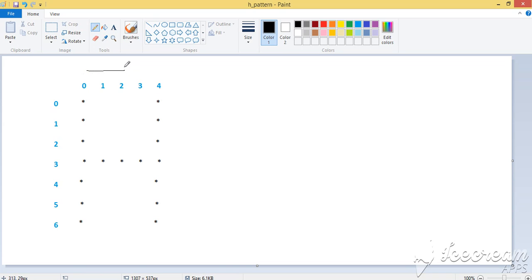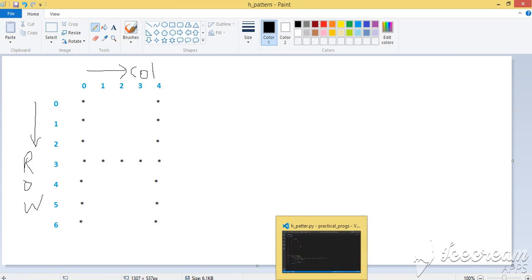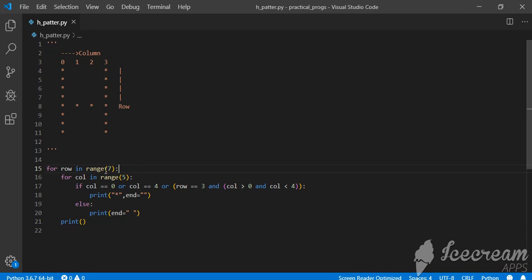Here I'd like to mention this is a column, right? Column, column, and these all are rows, row, row, right? So here's a column and here's a column and here's a row. Understand? So I'd like to go back to the program here, and as you see here, this is the row